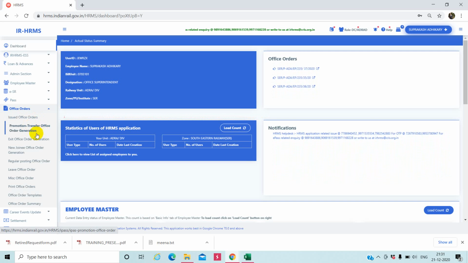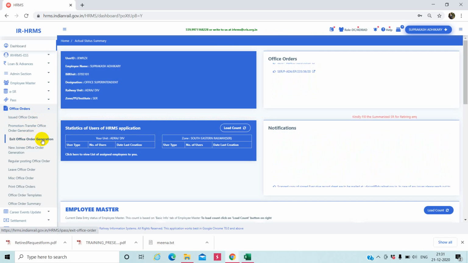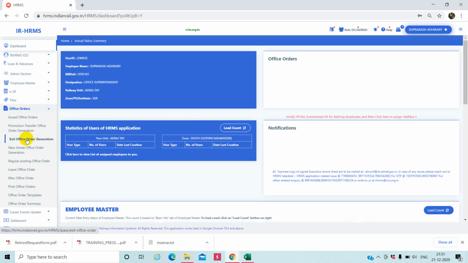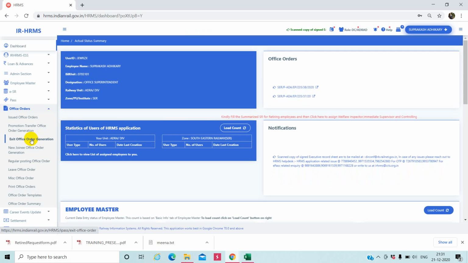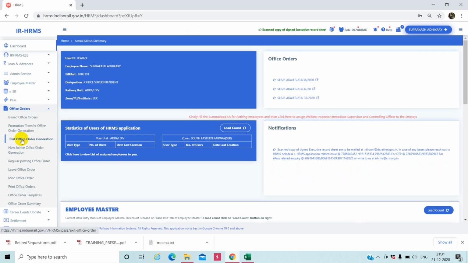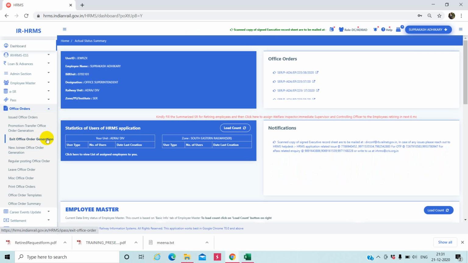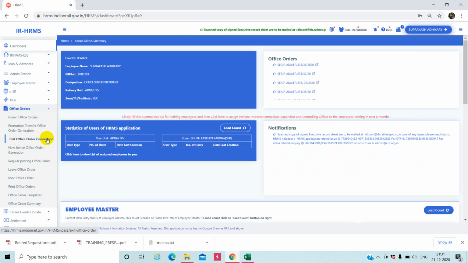This one is exit office order generation. That means when an employee goes on retirement or superannuation, then this exit office order is required, or in case of voluntary retirement.